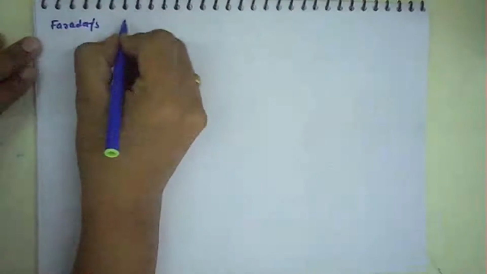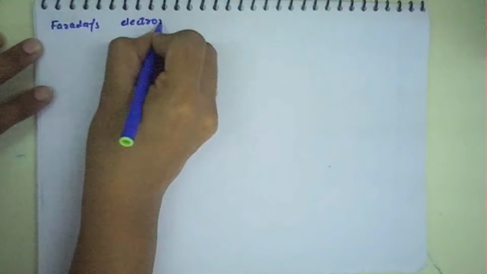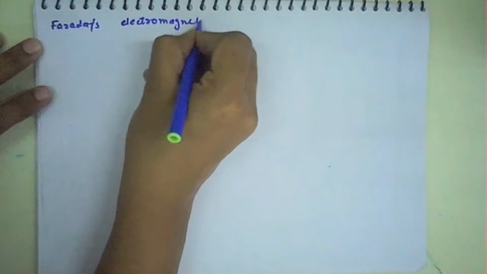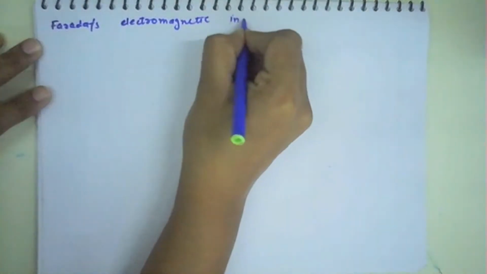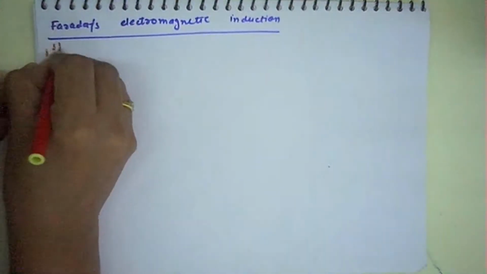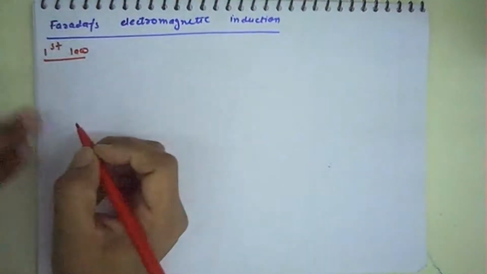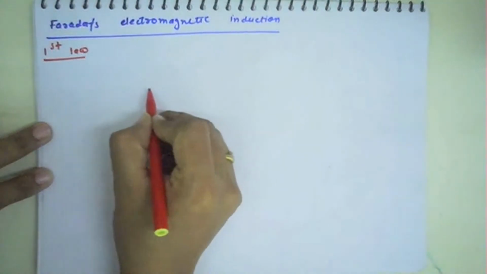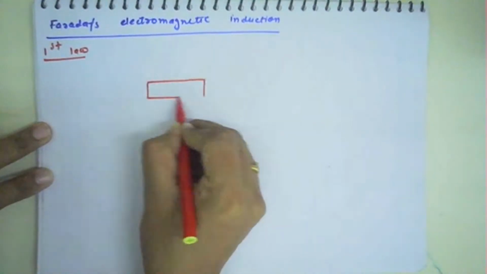We will see Faraday's electromagnetic induction. In order to understand this, we need to look at the three different laws. So let us start with the first. What is the first law of Faraday's induction? Here we consider there is one magnet,